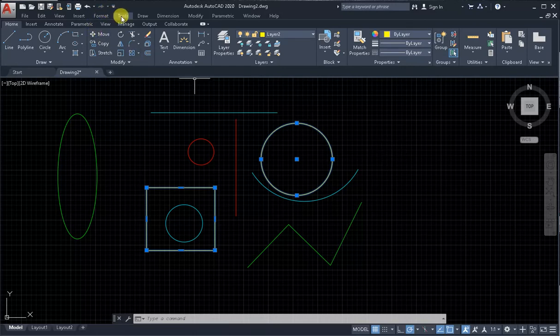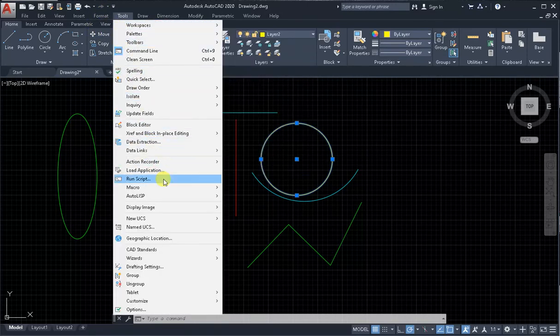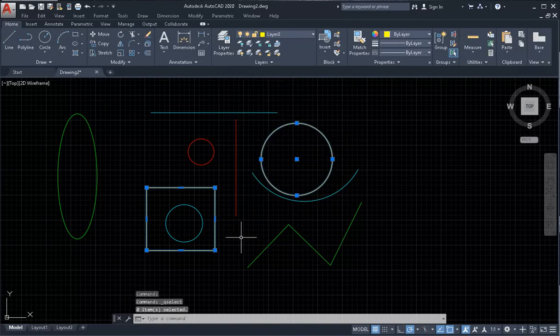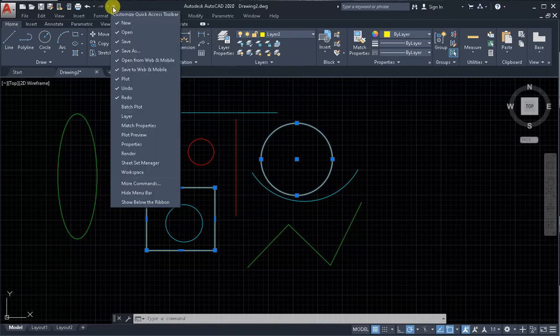Next step, we can use quick select, maybe color red, and apply it to the current selection set, and OK. But I haven't any red color object. OK. Select some quick select some